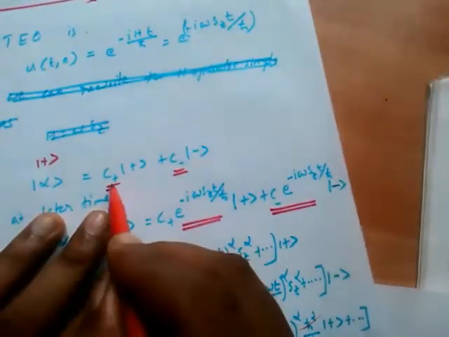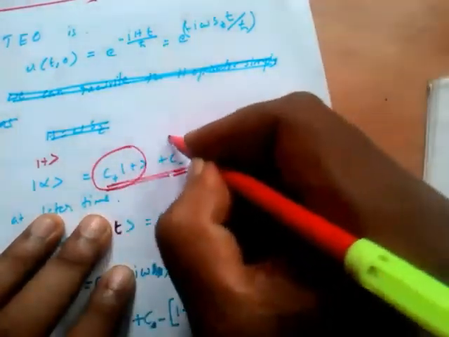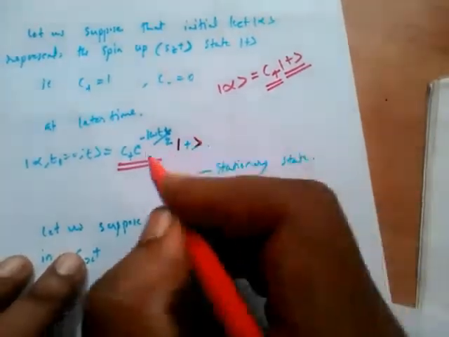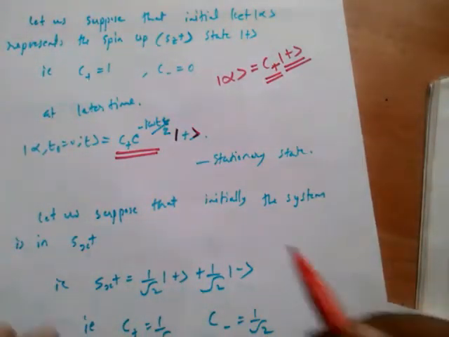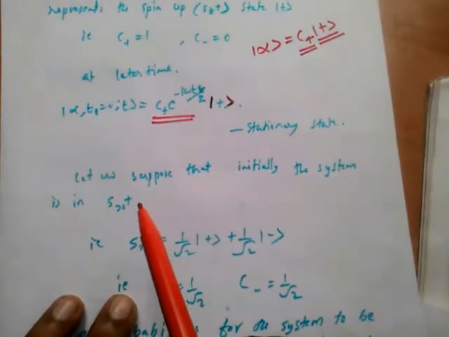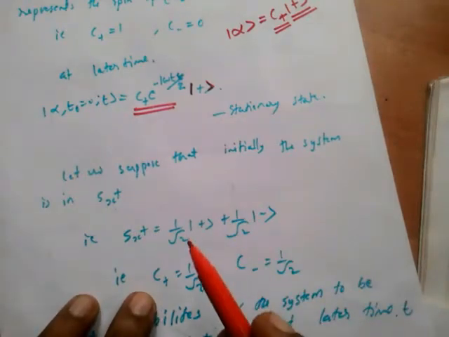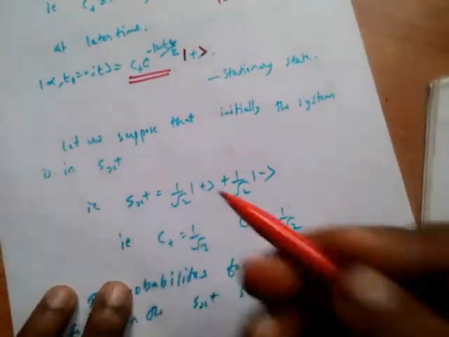And here also, alpha is a single state, not a superposition of these two states. We are taking it as a single state, c equal to 0, and the state will not change with respect to time. Now we are going to take a state that is a superposition of some other states. For an example, here we are taking an Sx plus state,